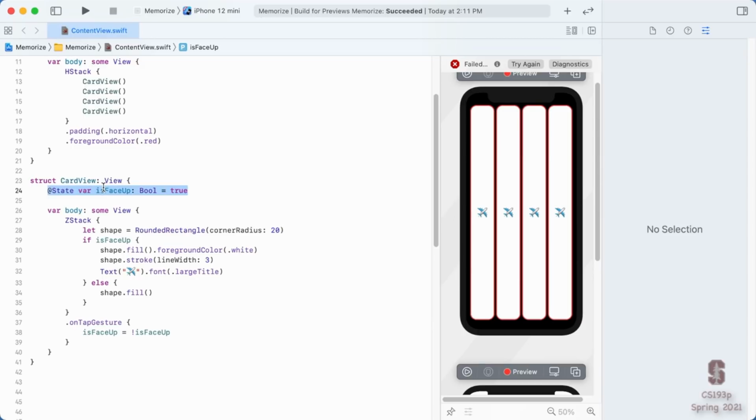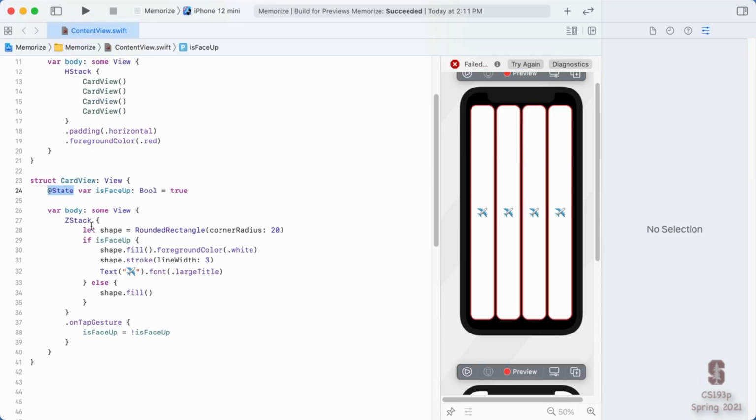Now that might seem like a fine distinction, and it is somewhat of a fine distinction, but it's not really too much to worry about because we really don't use @State very much. It's pretty good at the beginning of the quarter when we don't have our game logic to drive our UI and we just want to do something like change our isFaceUp around. But when we actually start building apps, we're not going to use @State very much. It's mostly just for temporary state. Things like I'm in the middle of a drag or a pinch multi-touch and I want to keep some state as the drag's going on.